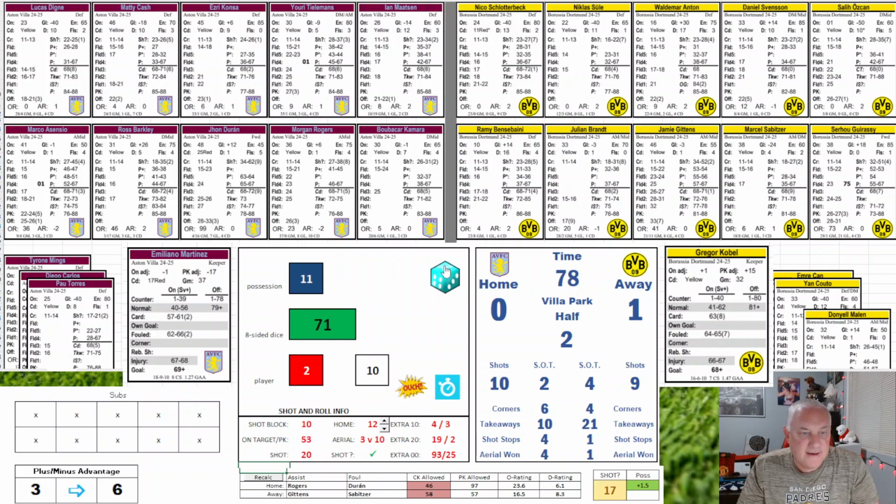Villa has it. 1071 taken away by Guerci, but the stop on the coefficient number here means it's going to be a P. That's the one thing I have to decide on that. It's a takeaway, but they don't get the shot, so do they keep the ball? The normal action there is takeaway with a shot that's stopped, so I'm going to play it as a P. 556 P. 526 shot attempt by Matson against a 16 and stopped. So Dortmund with a defensive stop there.